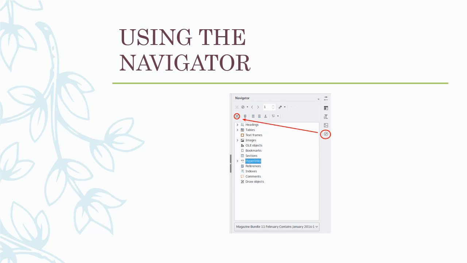The last one is using the navigator. What is navigator? We use this navigator to go to the place we want to see. For example, if I want to see the heading position, I can use the navigator to go to the heading position and see what is written there.